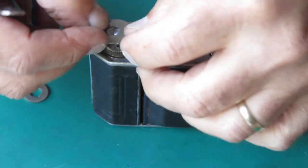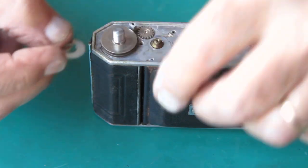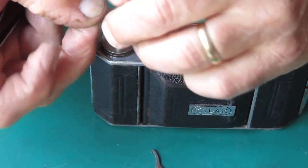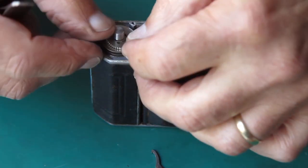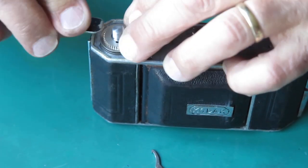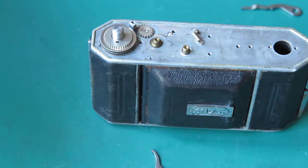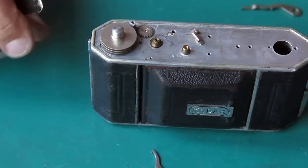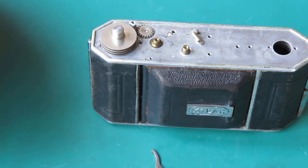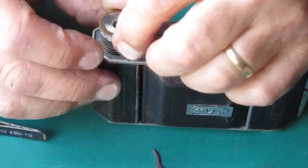The second plain washer goes on there, and this ratchet wheel goes in the opposite direction. So it's going that way. And I'll just put that spacer washer on the top and see if I can run the advance knob down on there,